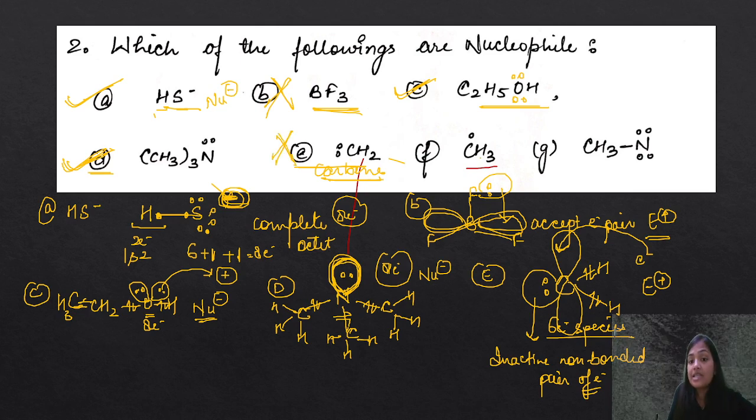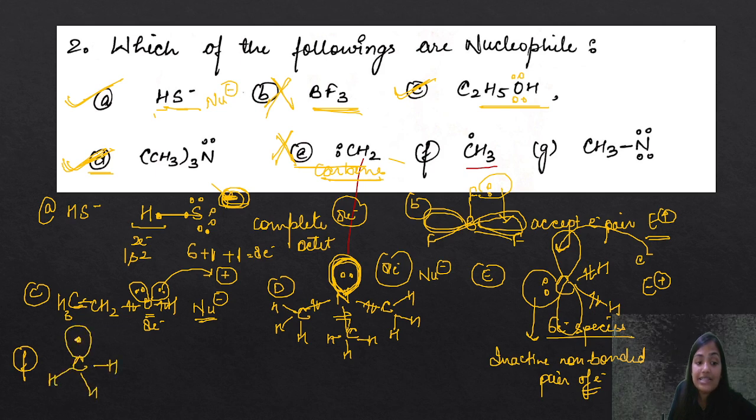Now, if you see option number F, in the case of option number F, we have carbon with hydrogen, hydrogen, hydrogen, and one single electron. So this is a radical. This is having 1, 2, 3, 4, 5, 6, and 7. So this is a 7 electron species, that is an odd electron species, and the odd electron species are also said to be